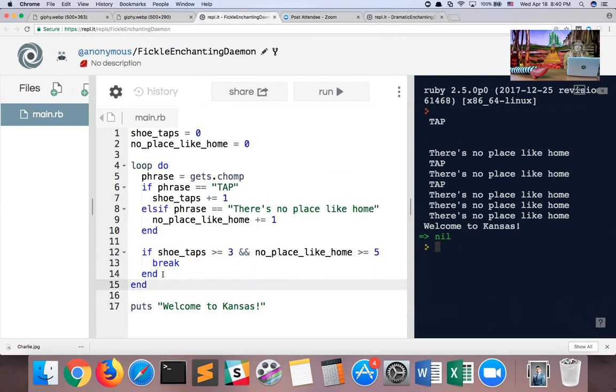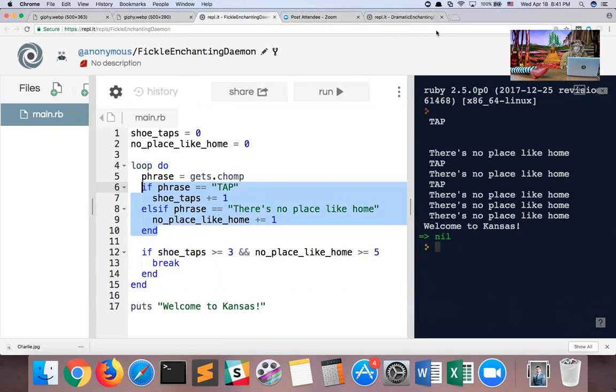Now, another person asked, hey, why on line, we have 2 ends, line 14, line 15. So this is also where the indentation helps. If you look carefully, the end on line 14, that is the end of the conditional that begins on line 12. However, the end on line 15, that is the bottom of the loop that begins on line 4. So this is complex because we have a conditional statement, actually I have 2 of them, inside a loop. So we need one end to tie off the conditional, and we need another end to tie off the loop.